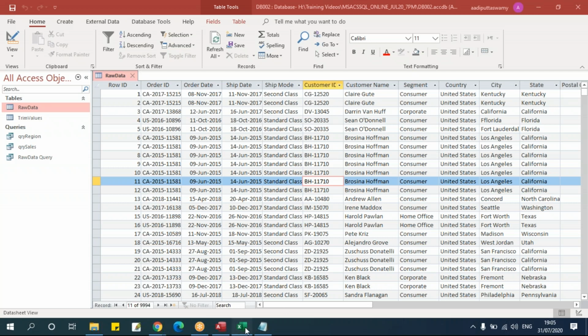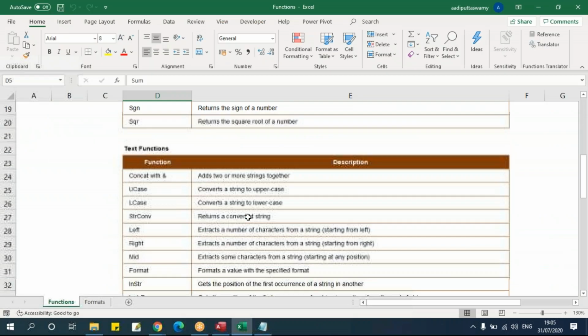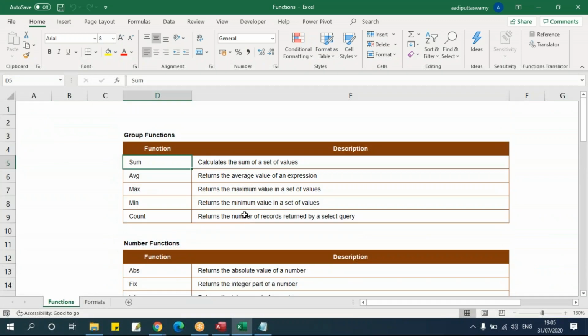So I have made a list of functions here for all the categories. So we'll go one by one. We'll see the grouping functions, or say aggregate functions, wherein we have something called sum, average, maximum, minimum, and count. When I say sum, that means sum of some values. Say I have sales, I need the total sum of it, or say profit, or any other values. Or if you want to do some count or average, then I'll be using these grouping functions, or say aggregate functions. How to use this, we'll see.